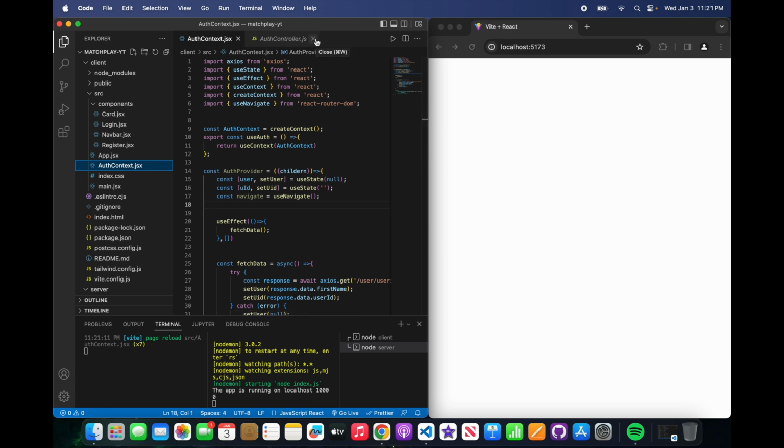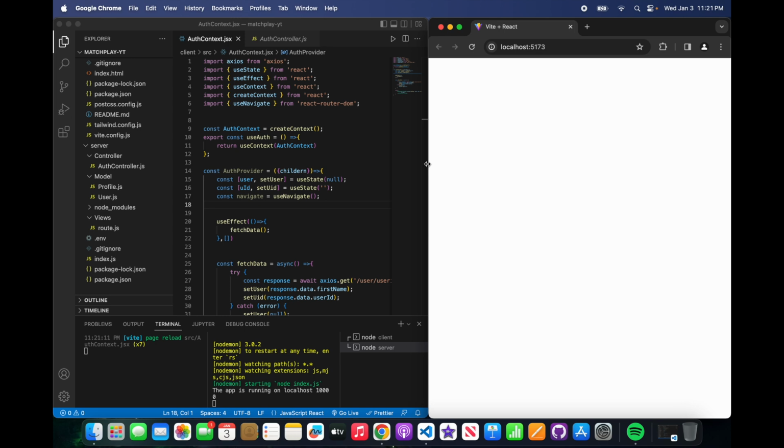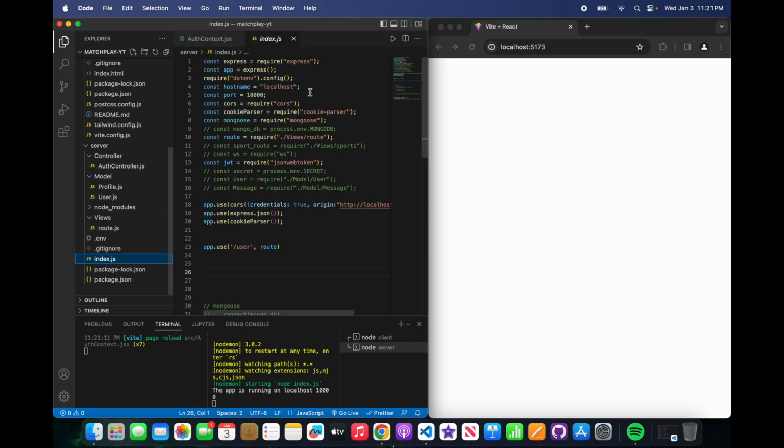Okay, so now what we want to quickly do is set up our database. Actually, we have to go in our browser to do that, but we can start out with index.js. So within index.js, we want